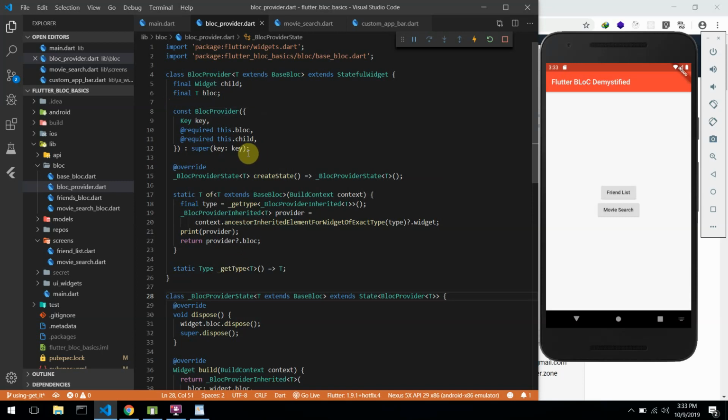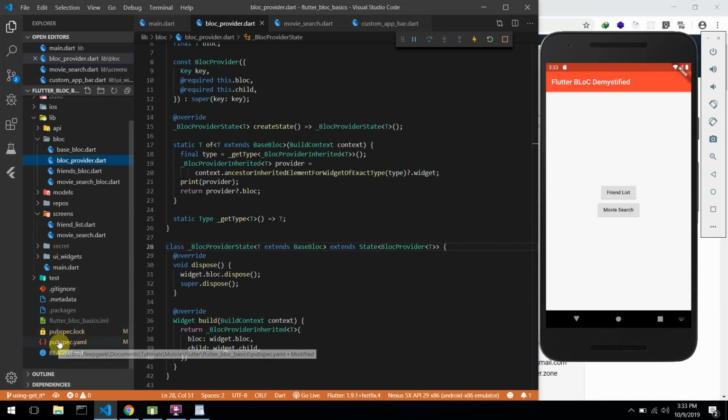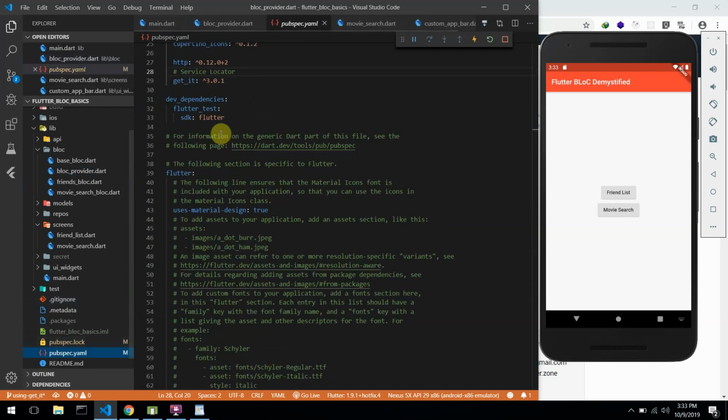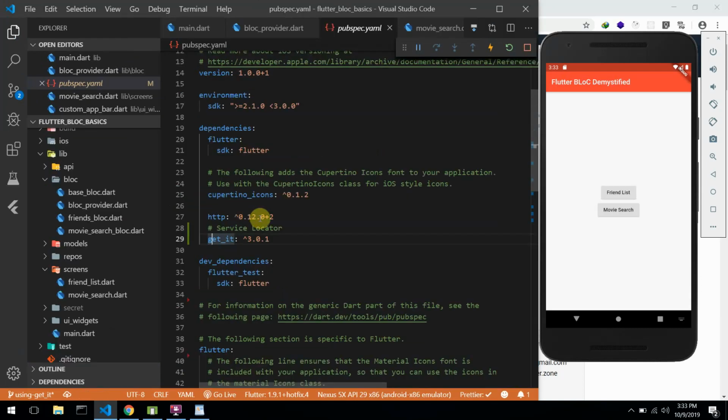So in today's video we'll be using a package called the Get It package, which is just a service locator. Before I start making use of this package, there's something I want us to take note of. The reason why we created this